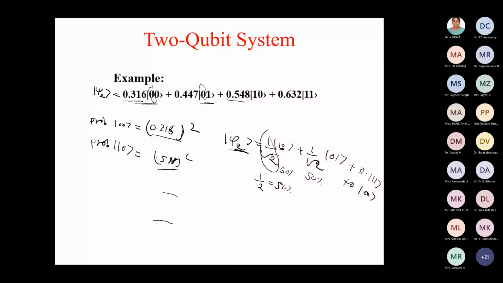Sir, can I ask a doubt? Yes, please. Sir, suppose we have the probability for 1 0 as 1 by 2, and similarly for 0 1 it's again 1 by 2. So while measuring, how will we distinguish which one was transmitted or which is being represented? Yes. Help me in writing your state. The state you are telling.